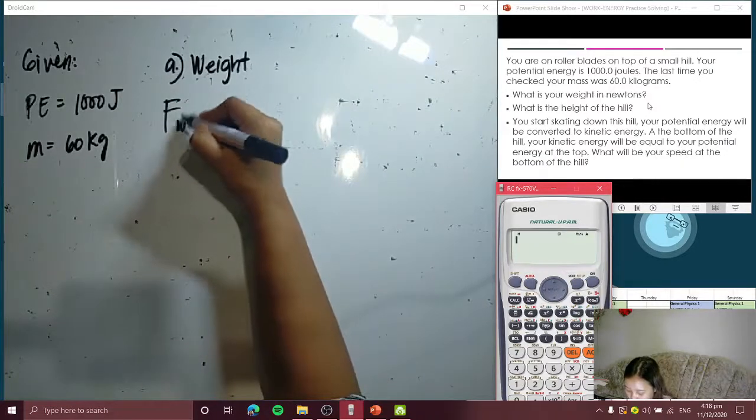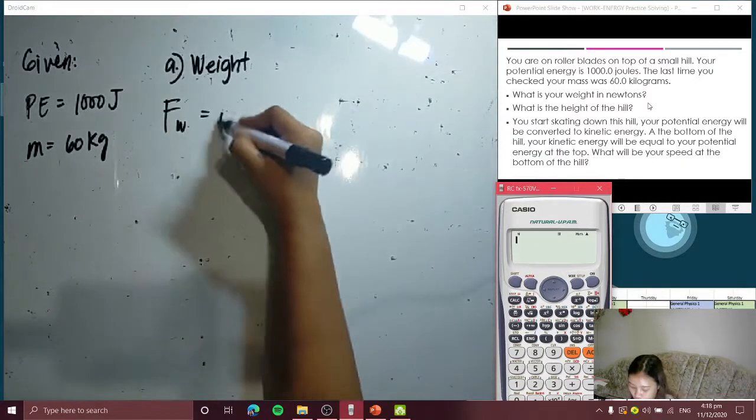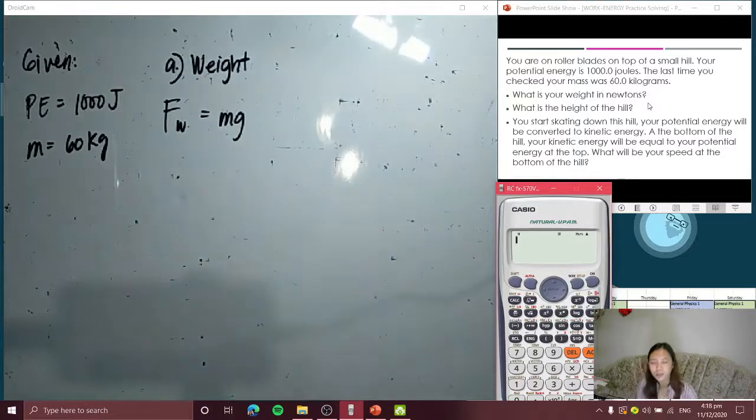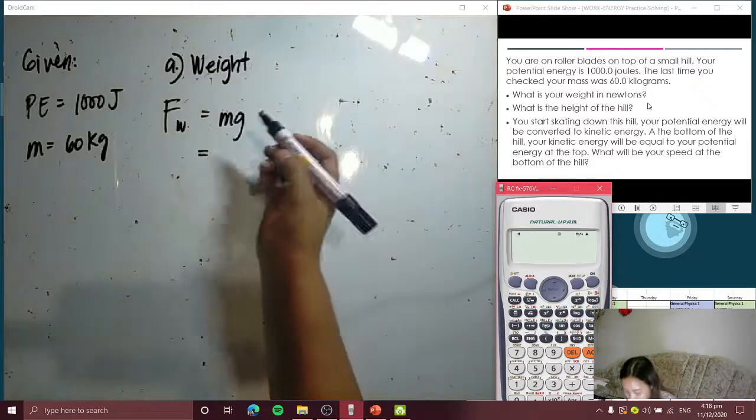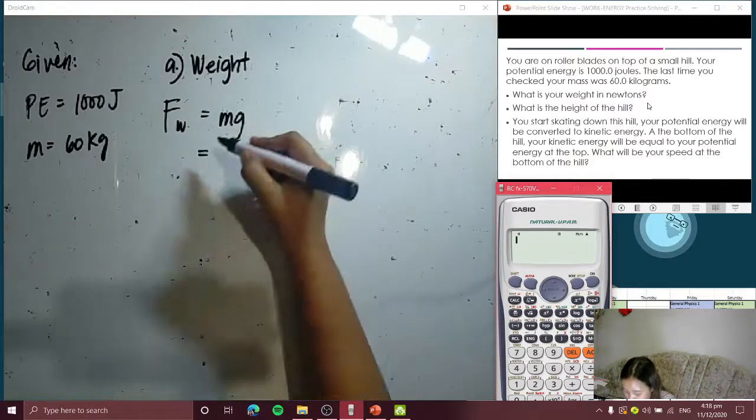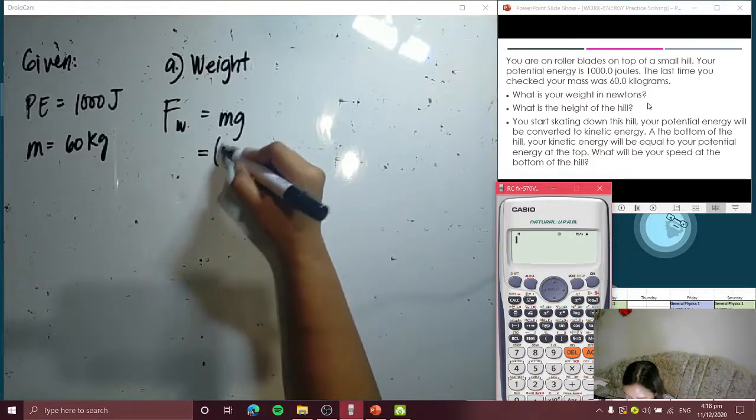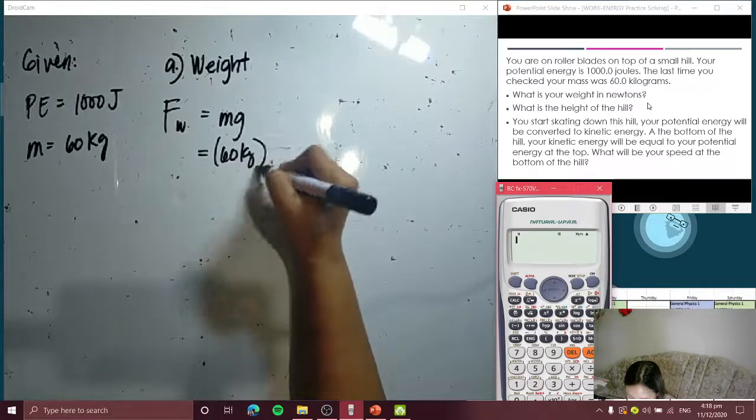Weight, okay, is equal to mg. Please don't be confused. Gravitational force is the same as how you get the weight. Again, please don't be confused. So, just recall what we discussed about forces. Okay. So, to solve for your weight, of course, just simply multiply 60 kilograms times